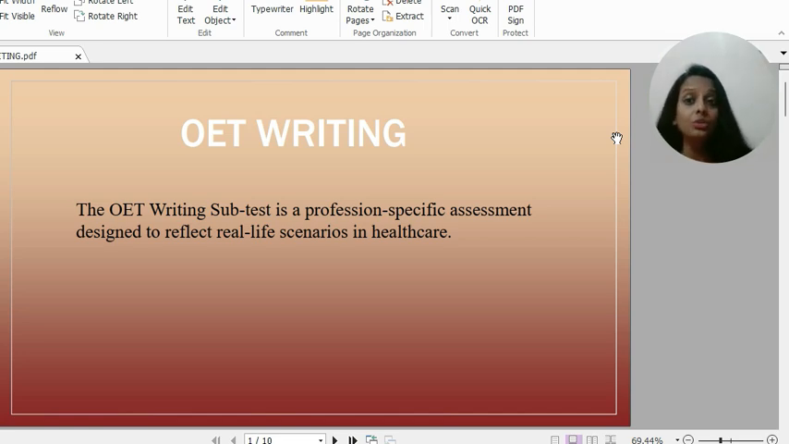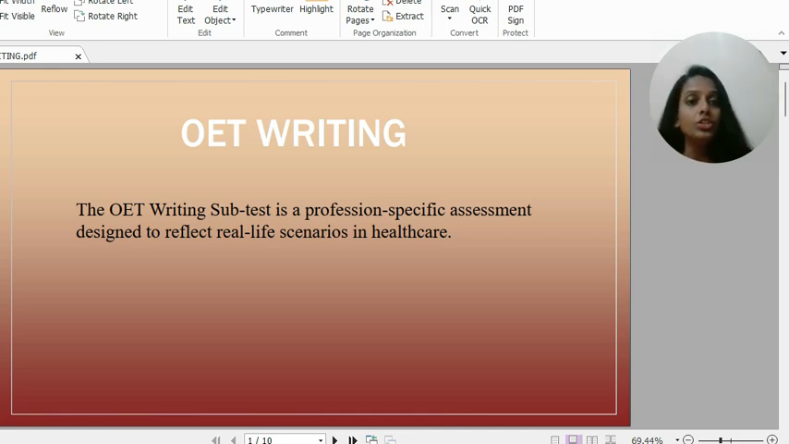OET writing. You need to understand this task. This test is a profession-specific assessment designed to reflect real-life scenarios in healthcare. Spanning 45 minutes, it challenges you to create a letter tailored to your field. Nurses, for instance, may write a referral for patient care, while dentists might pen a letter to transfer a